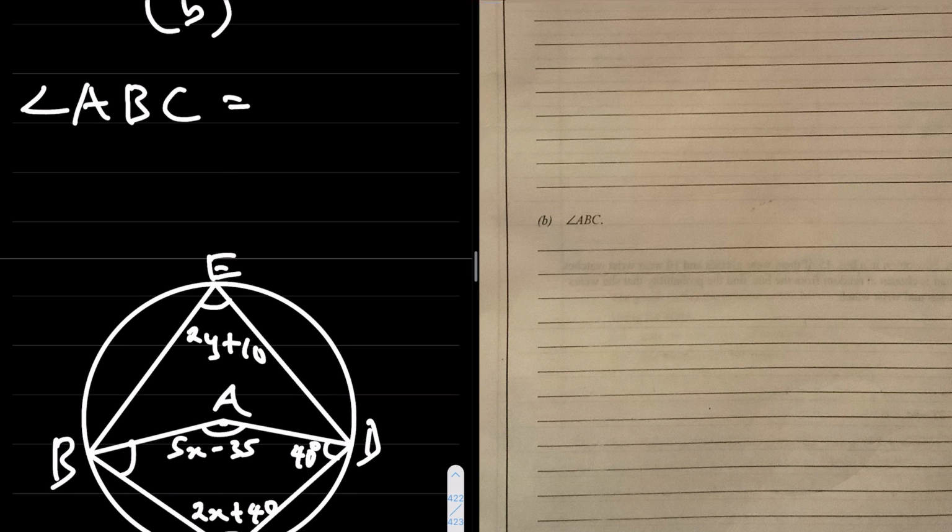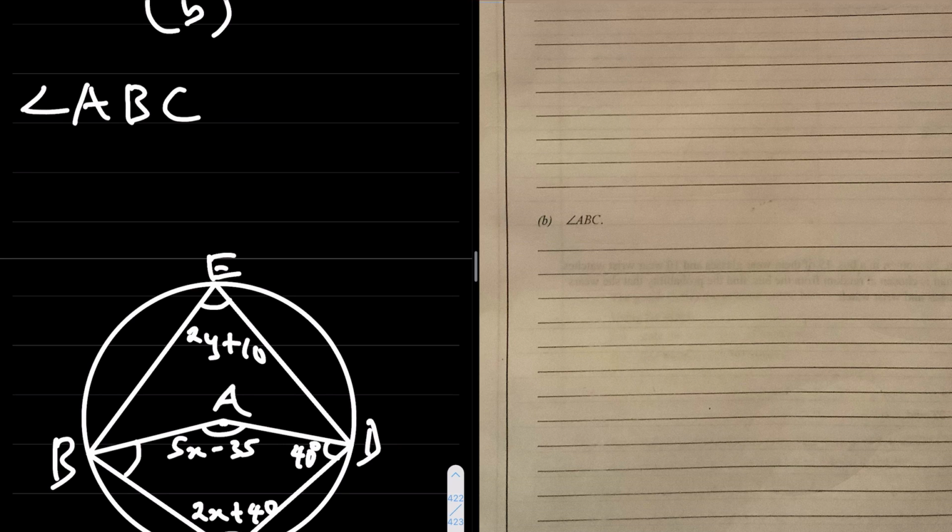This is angle ABC. Of course, I know that angle ABC plus 5x minus 35 plus 40 plus 2x plus 40 is equal to 360 degrees, the sum of angles in a quadrilateral. So that's what I'm going to use. That simply means